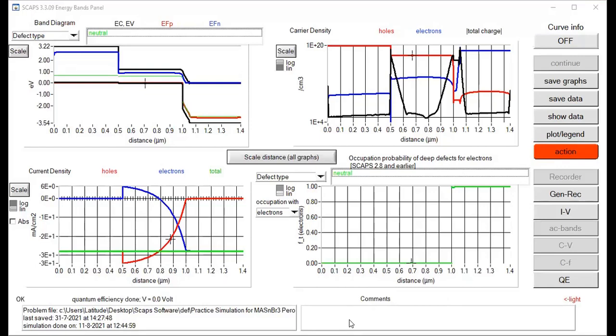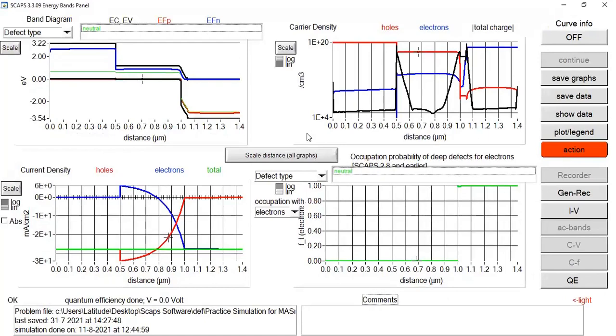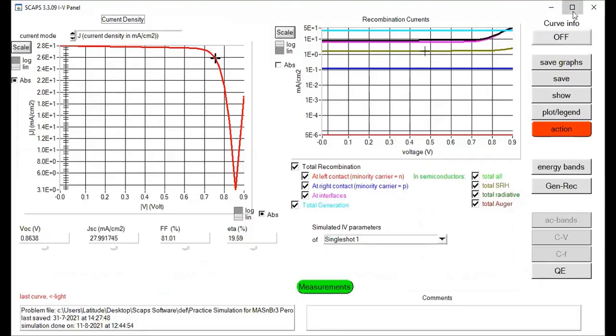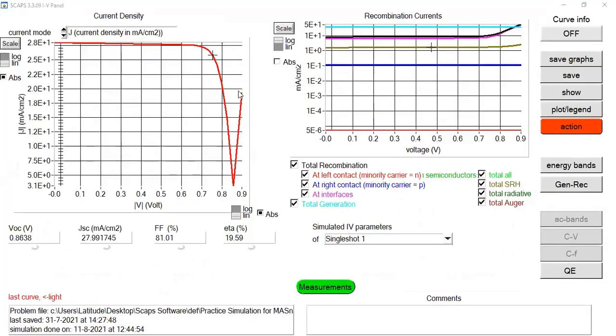Okay, my simulation is completed. So now I can review my simulation results for the JV characteristics analysis. Now I need to click the IV characteristic curve. Okay, you can see clearly that I now have a graphical representation here. The first graph, on the left side, is basically the relationship of short circuit current with open circuit voltage. There are two important things.